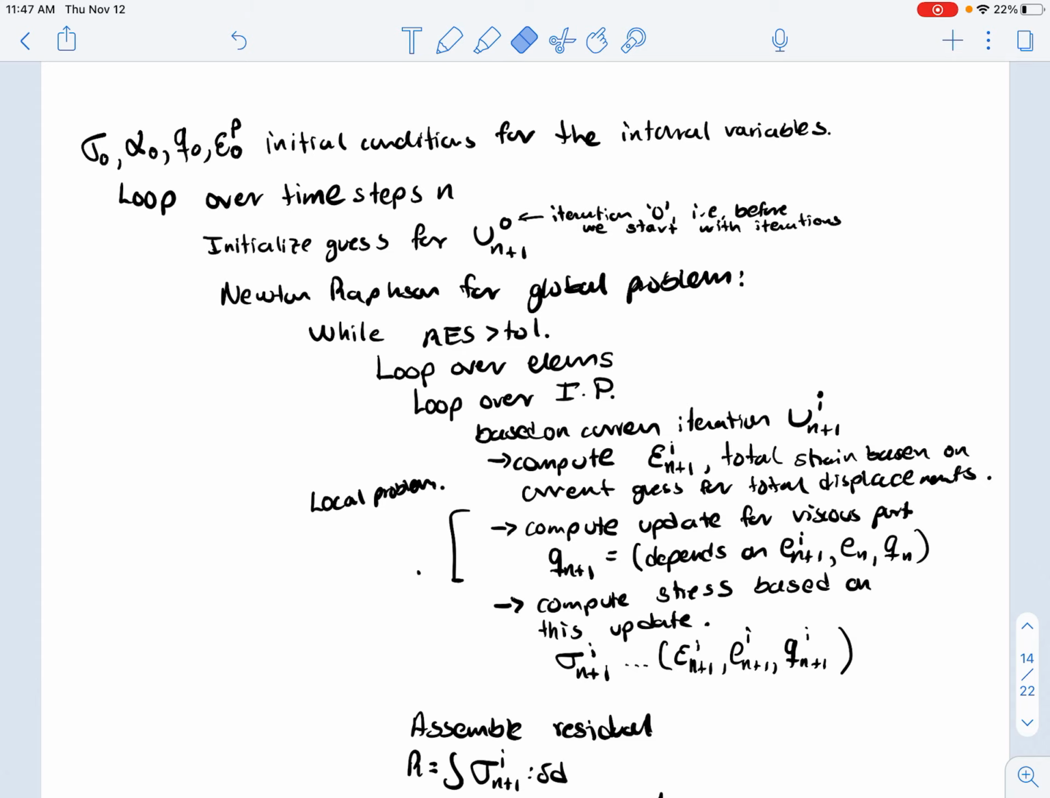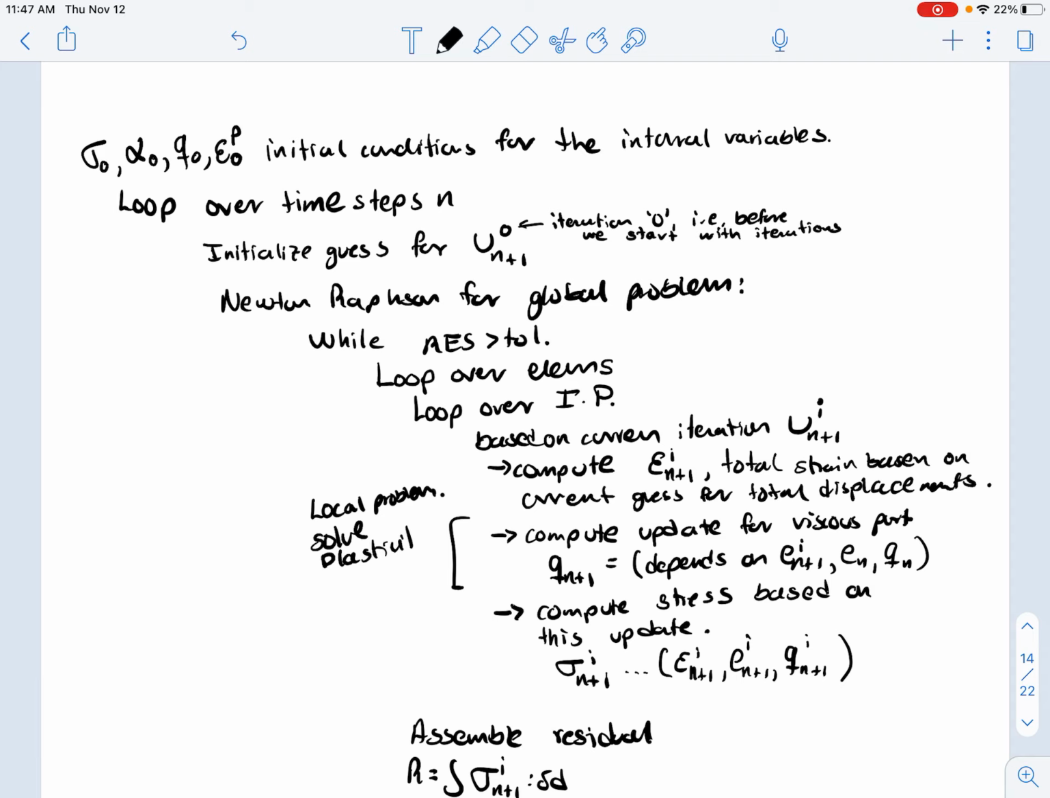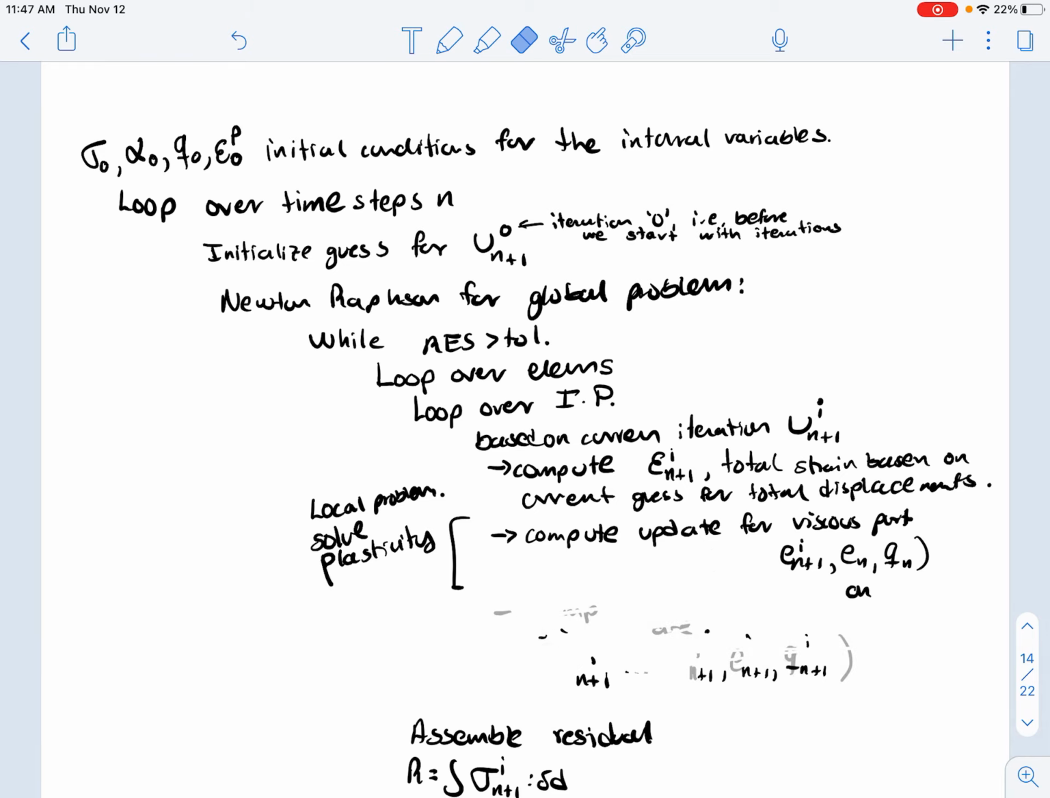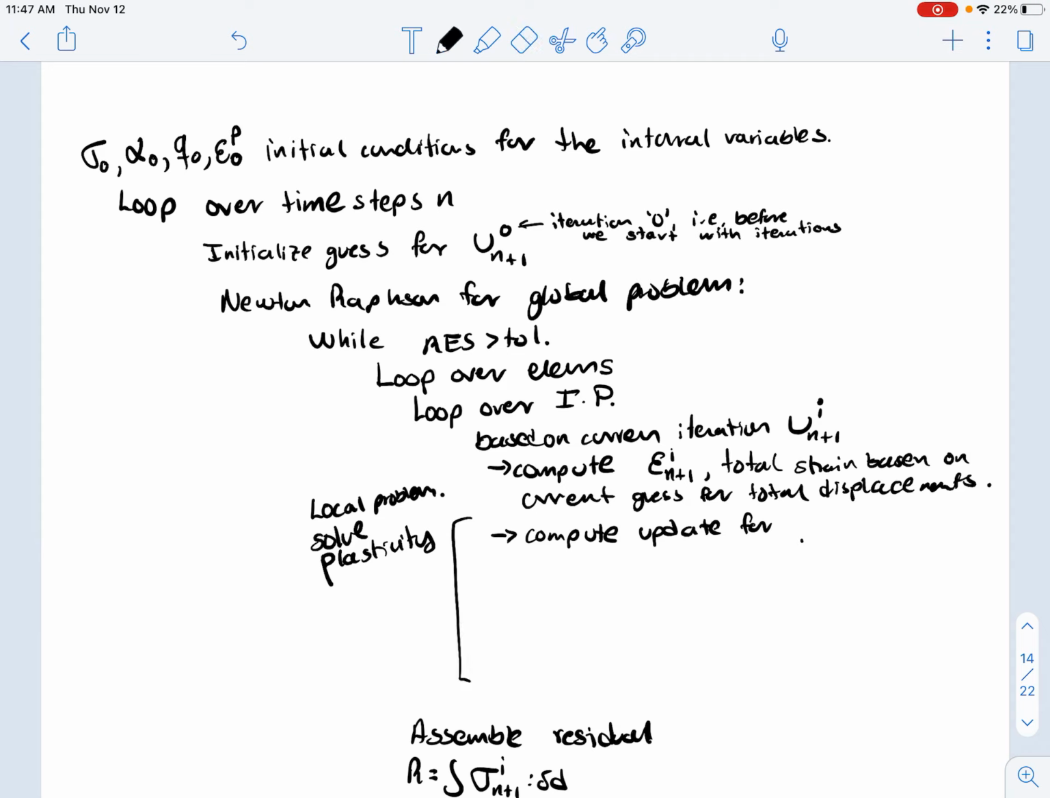Right? But now, here, this is the only thing that is different. Local problem solving for plasticity. Solve plasticity. So what you're going to do after this, solve the plasticity, is actually this one. In this case, it's all in the before case. I could do it separately, but here it's just all together. So compute update for new back stress, right? The new stress, the new plastic strains. So basically solve the plasticity problem,